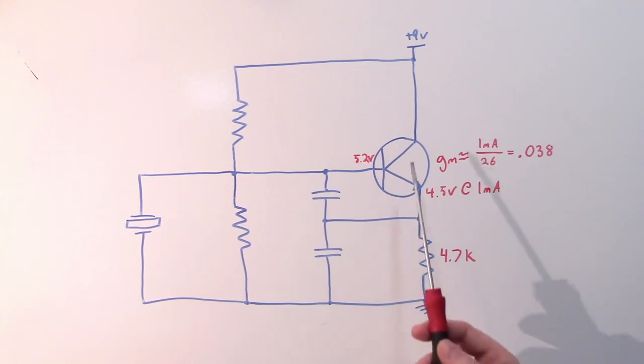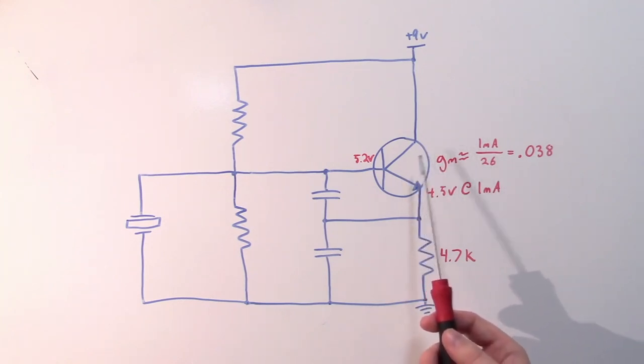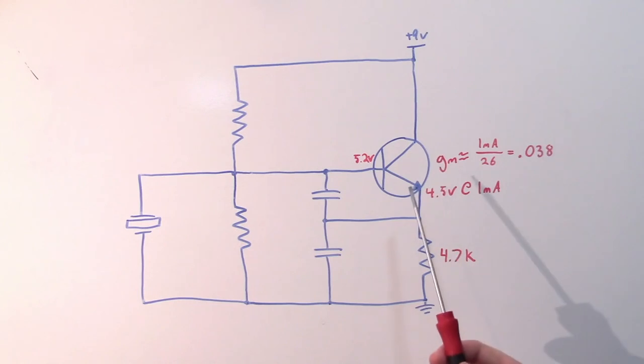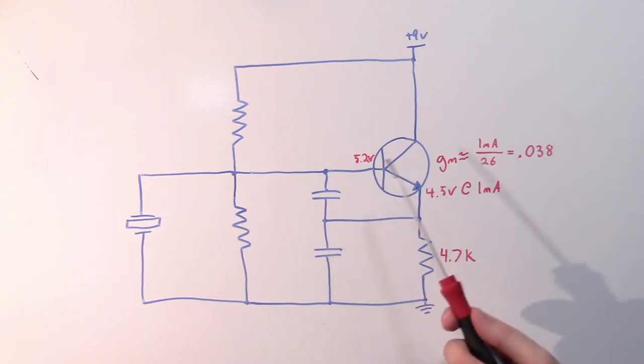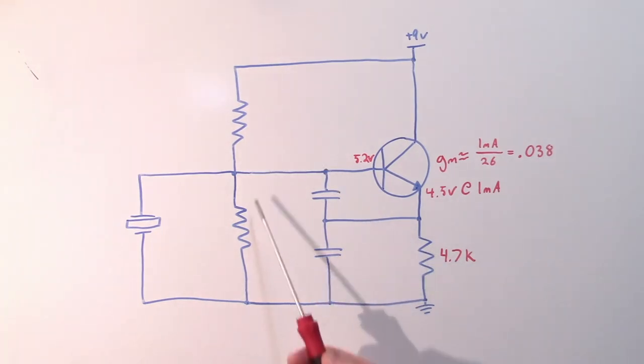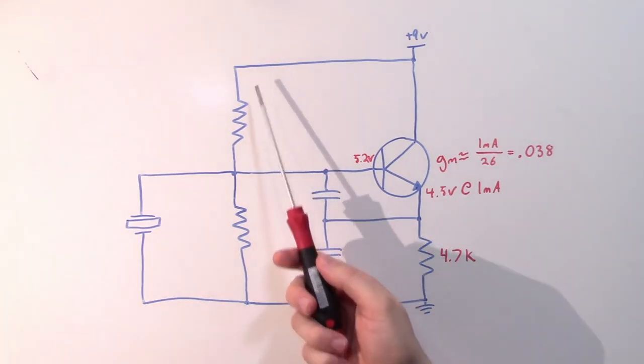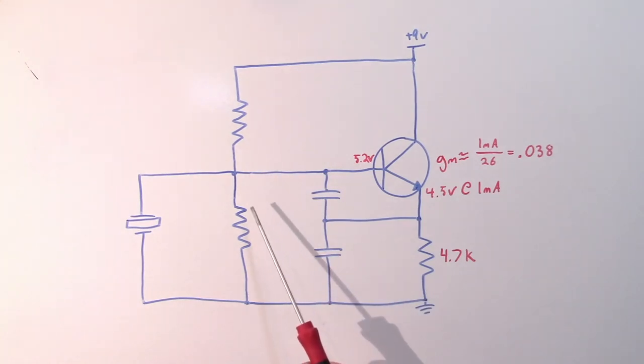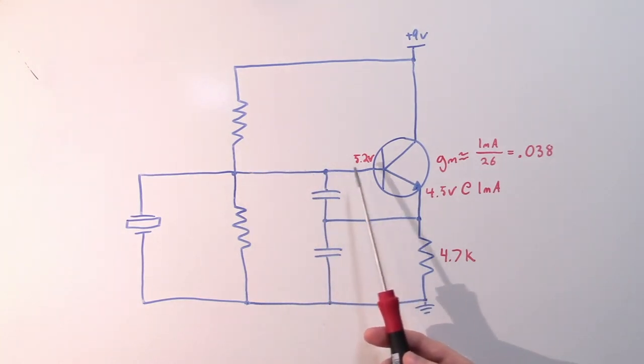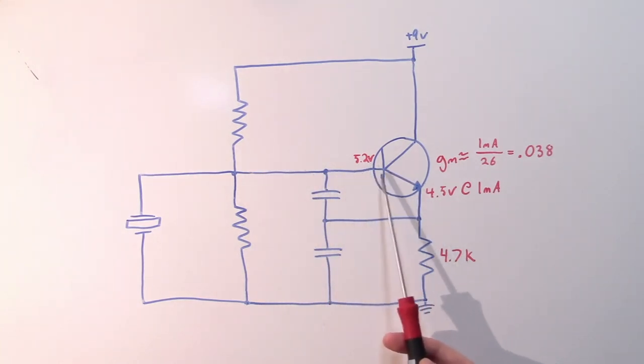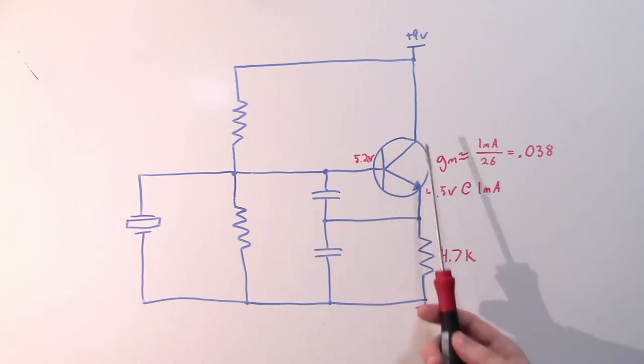However, the beta of the transistor is not very well defined. It varies over manufacturing tolerances as well as temperature. So we want to make sure that these are small enough so that we have enough current going through our base resistors such that if there's any small variation in the current going through the transistor due to changes in beta,